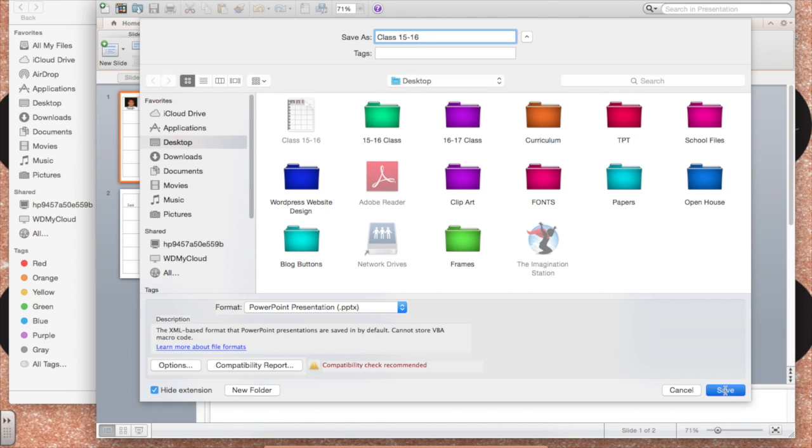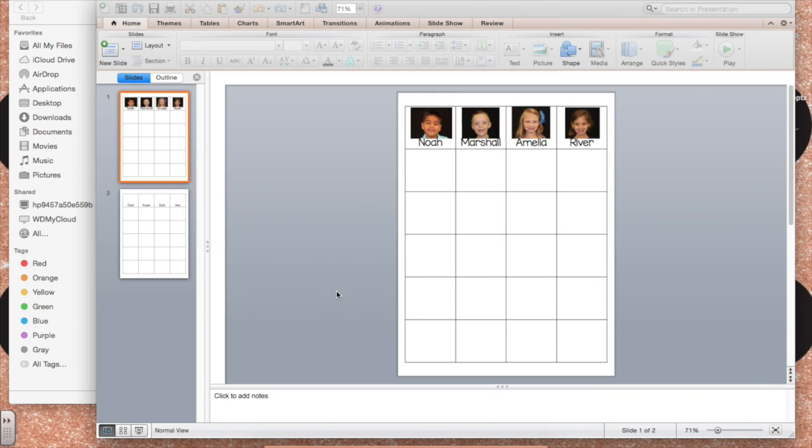This is great to use for your sub folder. This is great to send in to parents. This is also going to come in handy when you want to do end of the year photos or anything like that. So I hope you enjoyed this and got a lot of ideas,